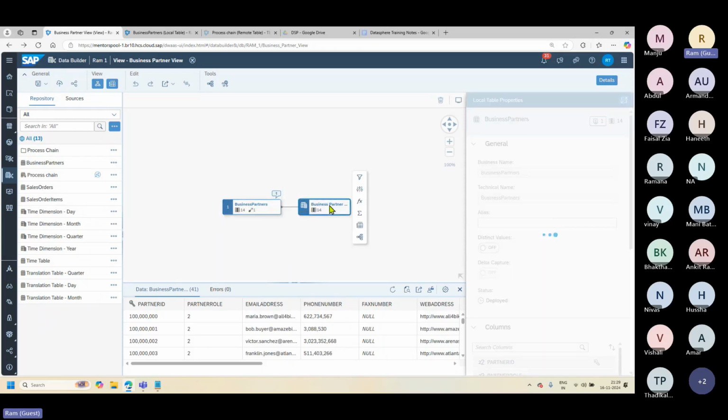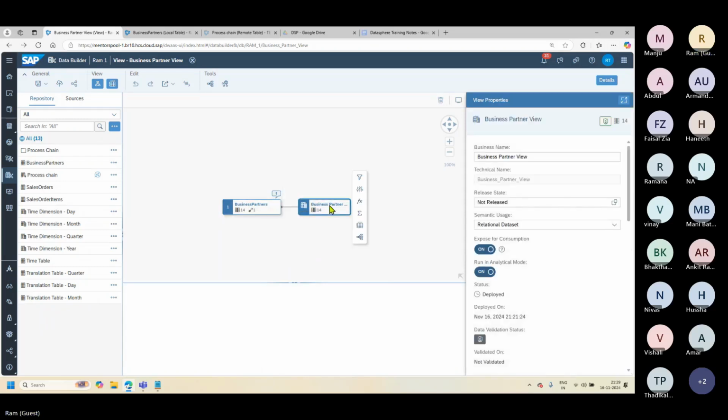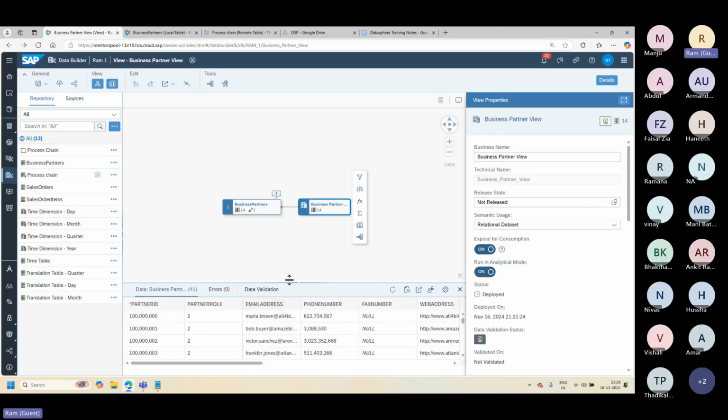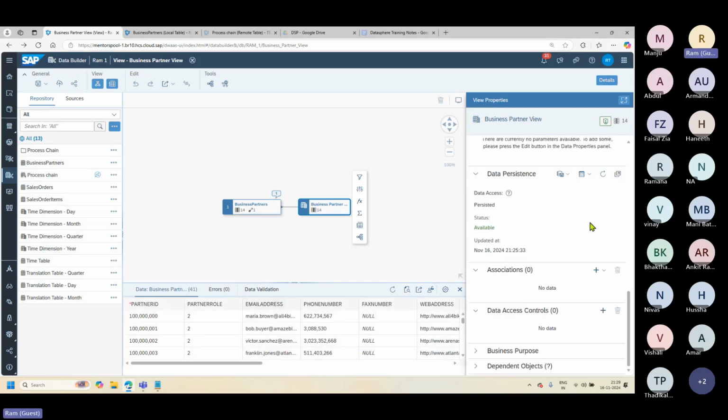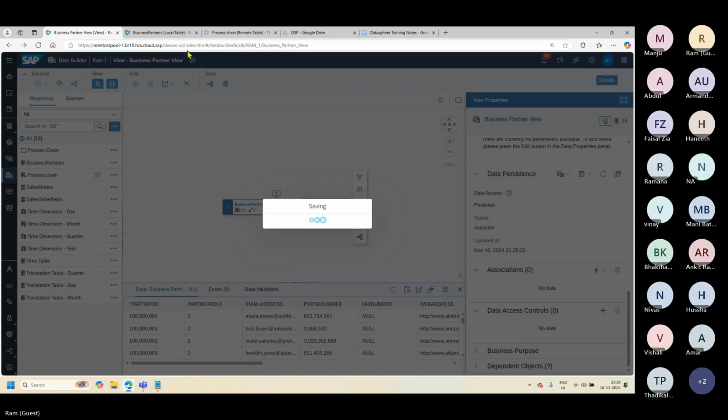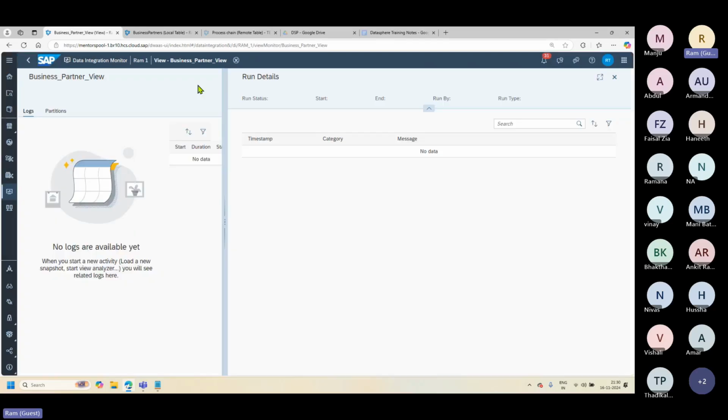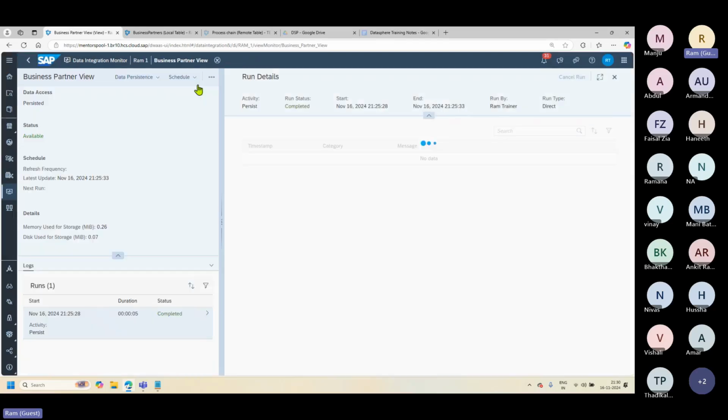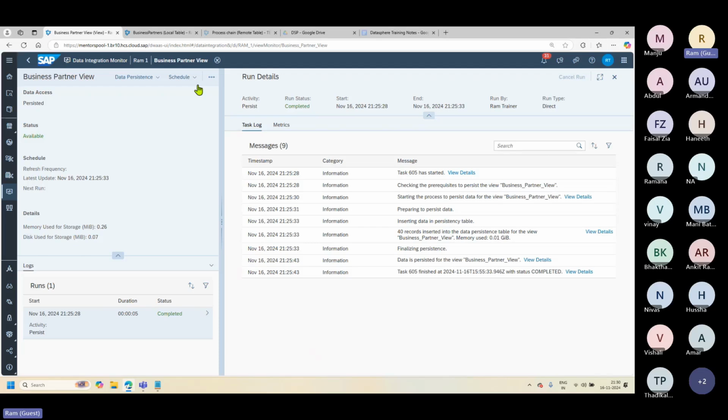And now let's go to the view. Forty-one records are reflecting. Now if you go to the monitor, this is the point we were discussing, right? Previously, only by schedules you would get the entire data. Now what happens is, in HANA, if you know, there is this kind of